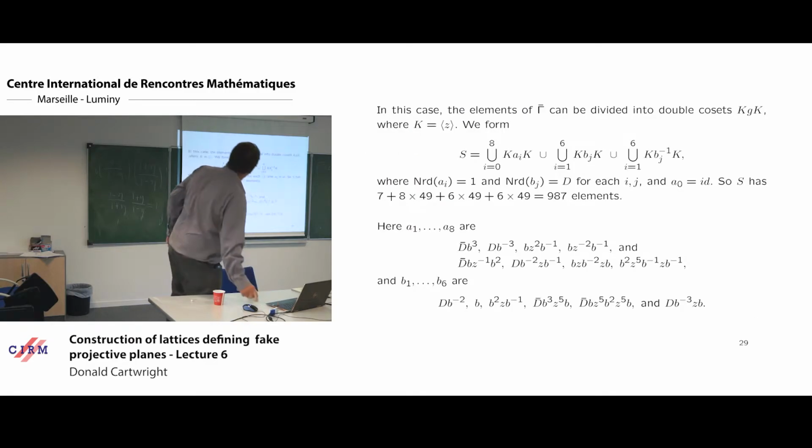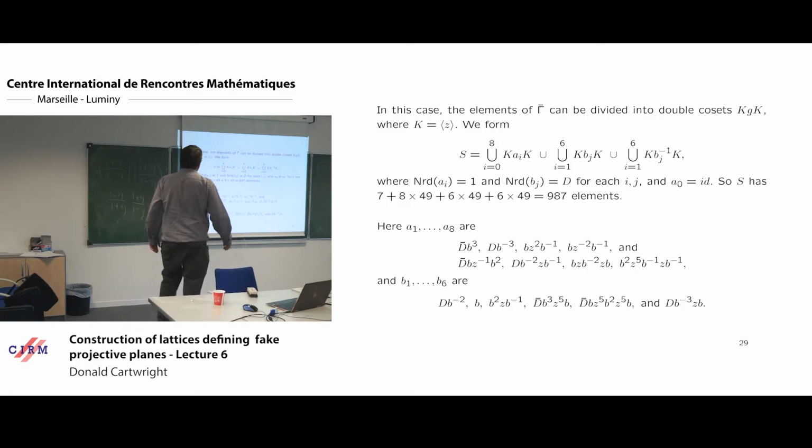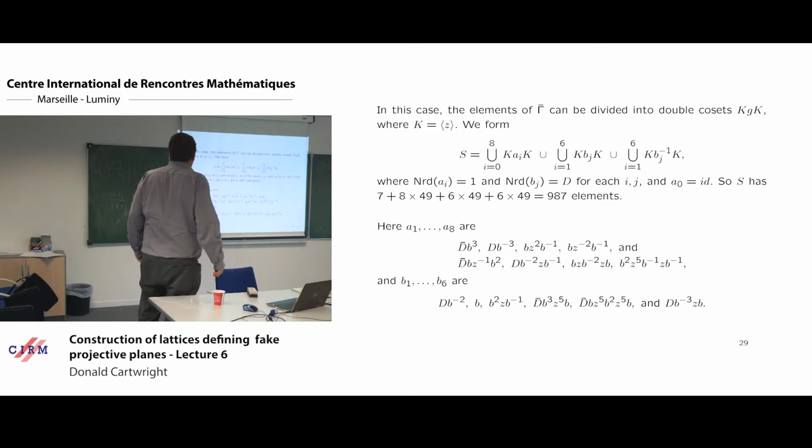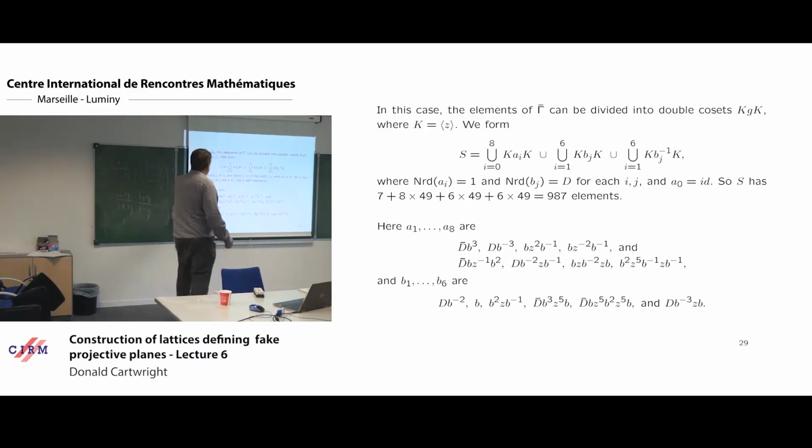Okay, I better keep on going. So in this particular case, these elements come in double cosets. There's a subgroup of size 7 generated by this diagonal matrix Z, and so you apply Tim's calculation of the R0 and the theorem about D1 being more than twice R0 to this set S, which has a sort of chunky number of elements,